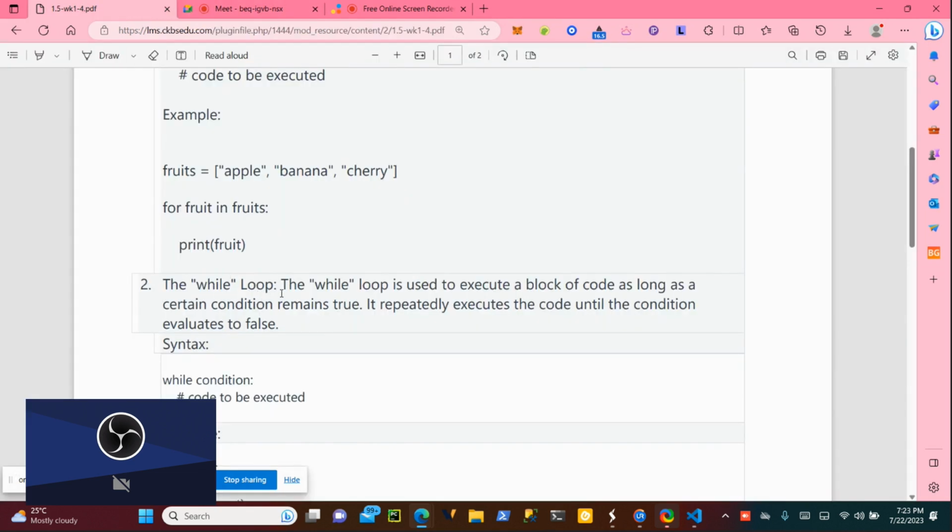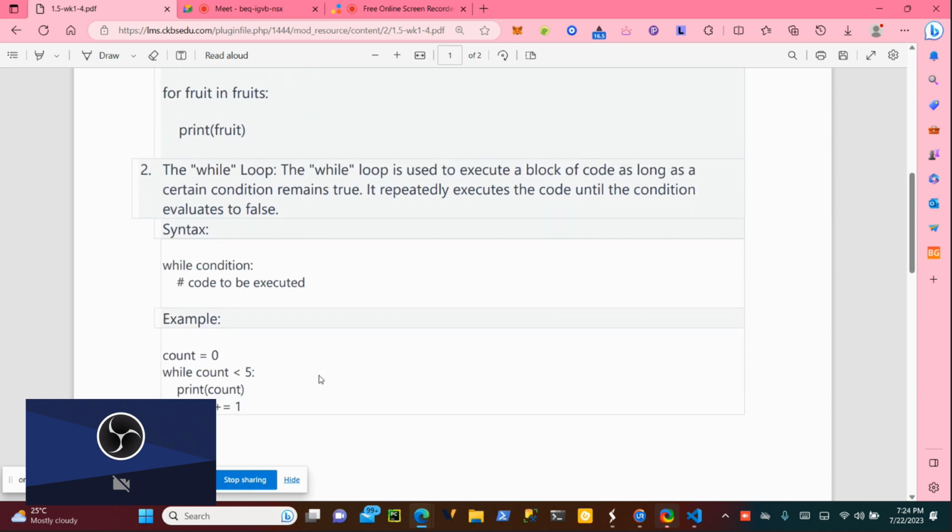The while loop is used to execute a block of code as long as a certain condition remains true. Like my example, as long as the number that we initially gave remains true, it will continue to print myself. So it repeatedly executes the code until the condition evaluates to false.